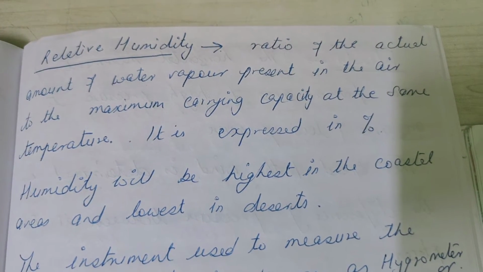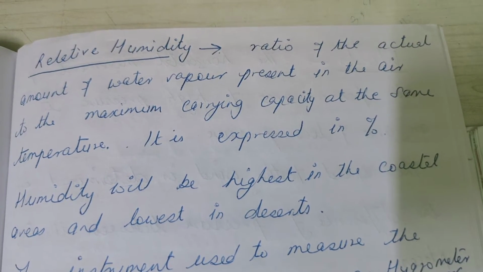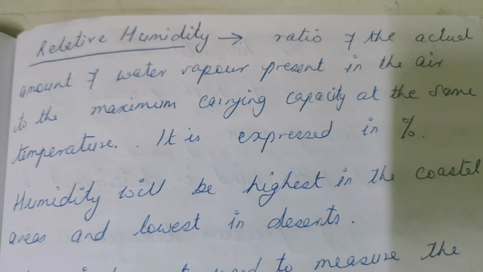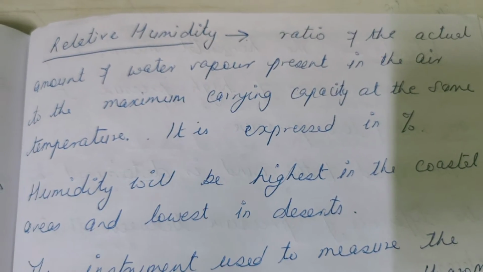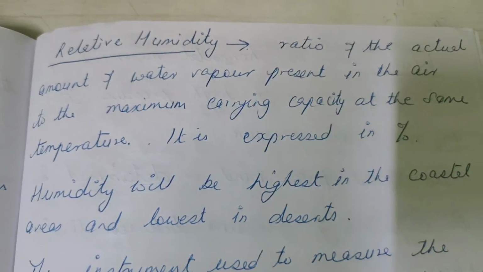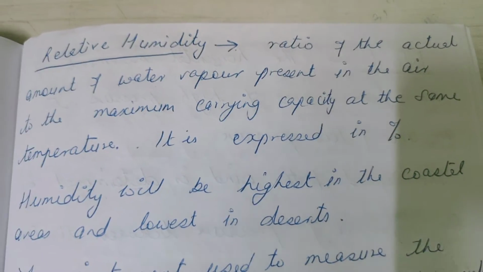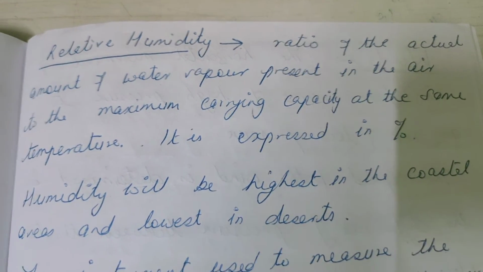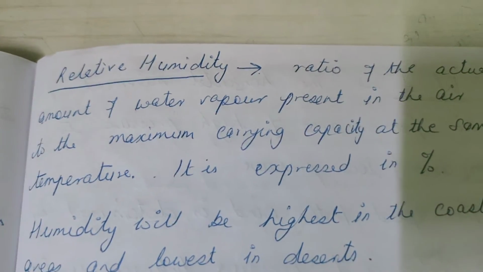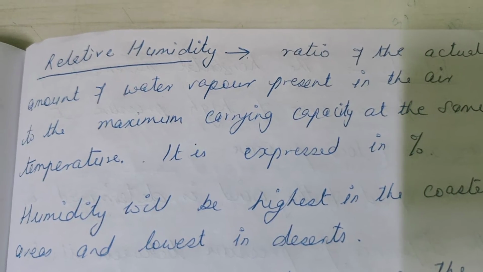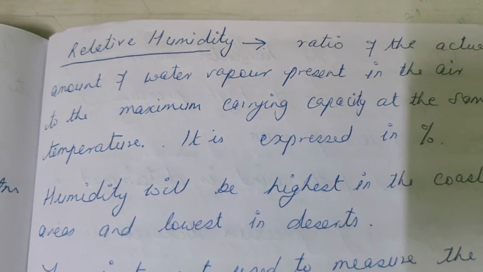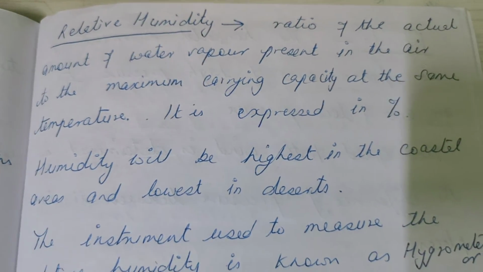That means the ratio of the actual amount of water vapor present in the air to the maximum carrying capacity at the same temperature. And this is expressed in percentage. Meaning, if I measure in my study the amount of water vapor present at this point of time and compare it with what amount of water vapor can be present, if I compare the two, then I'm talking about relative humidity. And it is clear from the word relative. Relative means in relation to. So you're comparing two quantities, and that is called relative humidity,